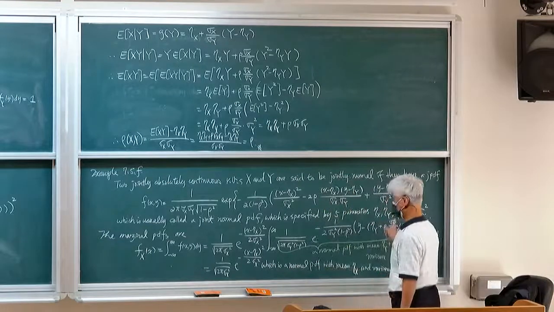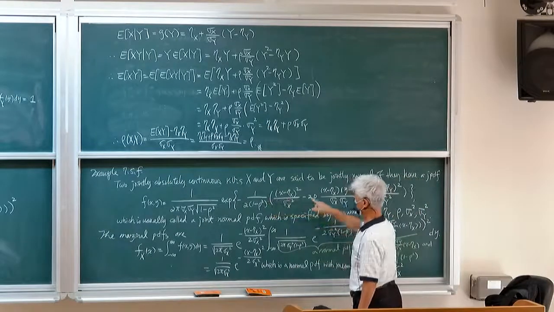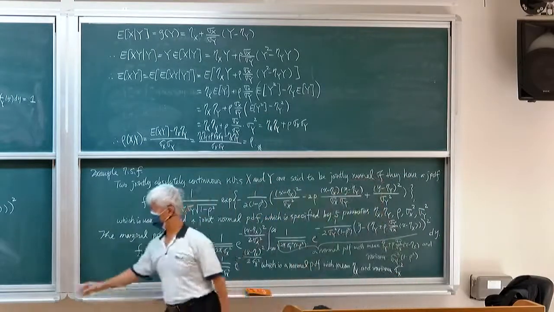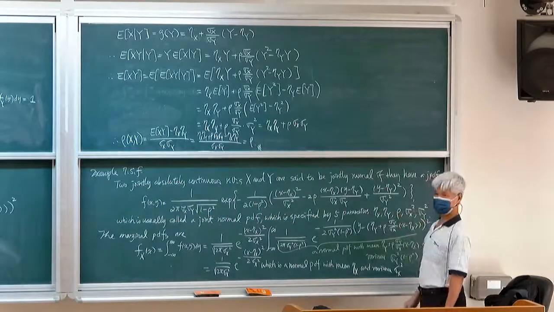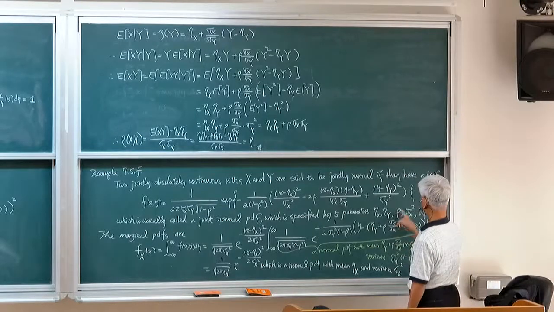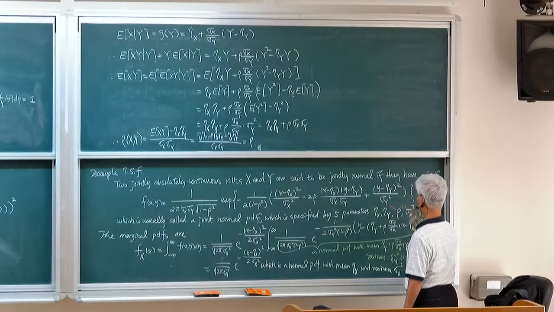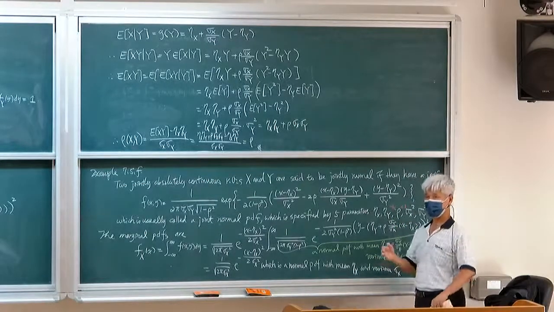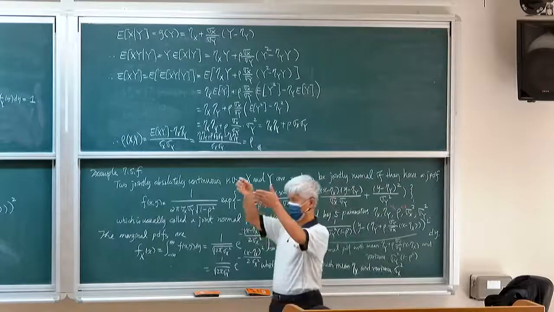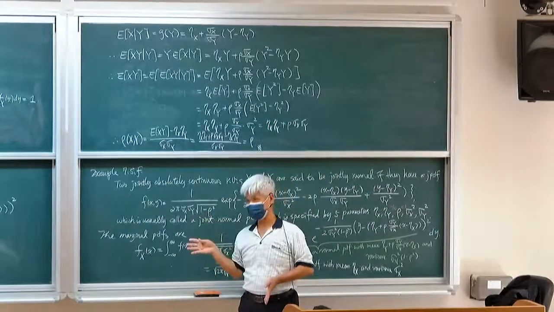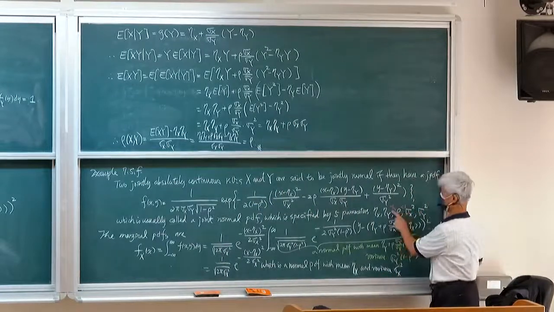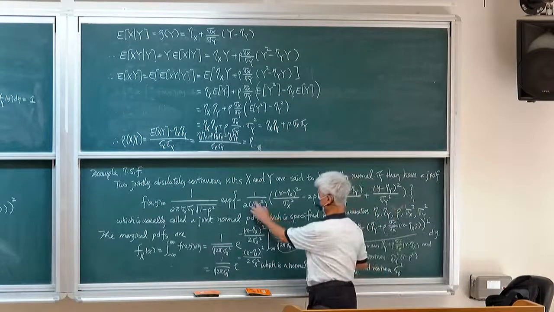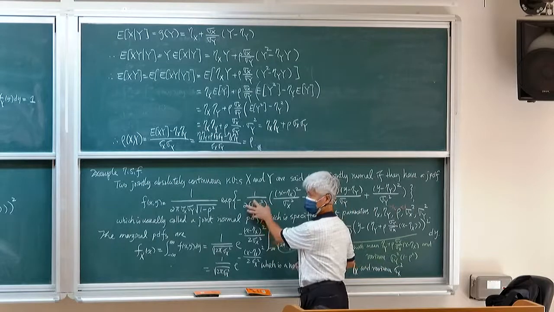And from our discussion, we know that for this PDF to be meaningful, we must put some restrictions on the parameters. First of all, the correlation coefficient should be in between 1 and -1, right? We know the correlation coefficient has absolute value less than or equal to 1. But they cannot be equal. Rho cannot be equal to 1 or -1. Why? Because if this is the case, then this is 0 and meaningless.